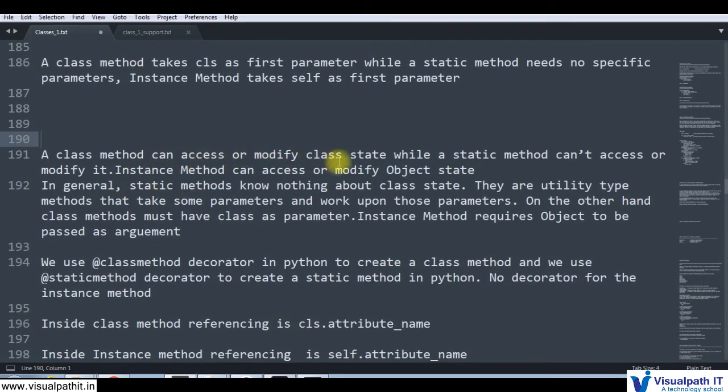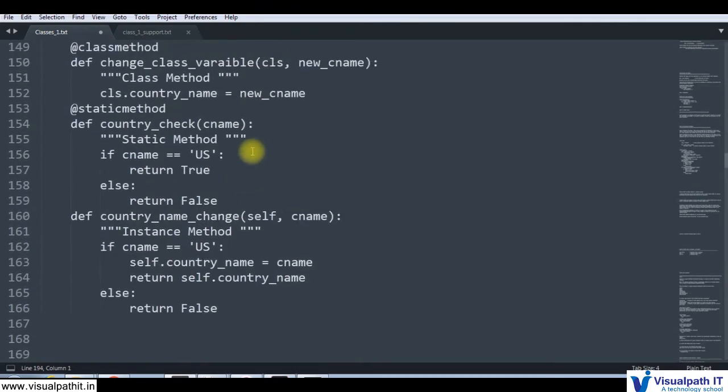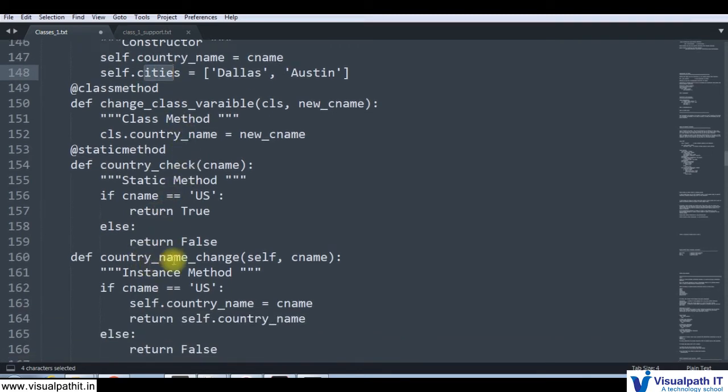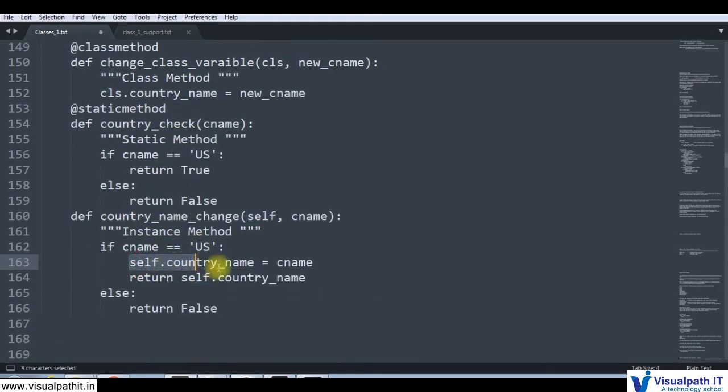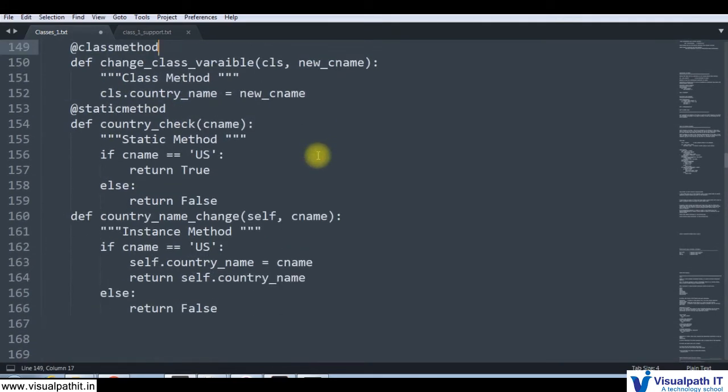So a class method can access or modify class state, while a static method can't access or modify it. An instance method can access or modify object state. You can see here inside the class method we have modified this class variable. So we can modify the class state of a class by using class methods. Static methods can't change any state of the class, and an instance method also cannot change the state of the class, but it can change the object state